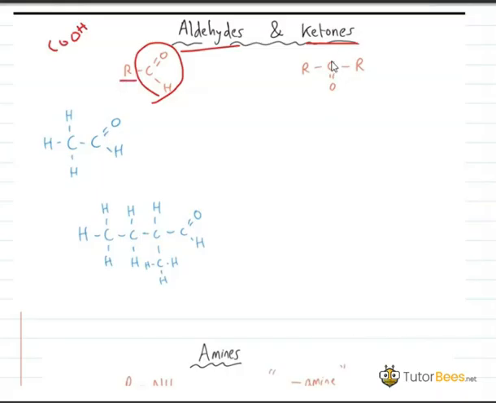Ketones, the functional group is C double bonded with O, and on both sides it is attached with alkyl. Aldehydes and ketones are quite similar, so we are doing them together. First let's look at aldehydes. Here I have drawn, beta, the second aldehyde, which is known as ethanal.